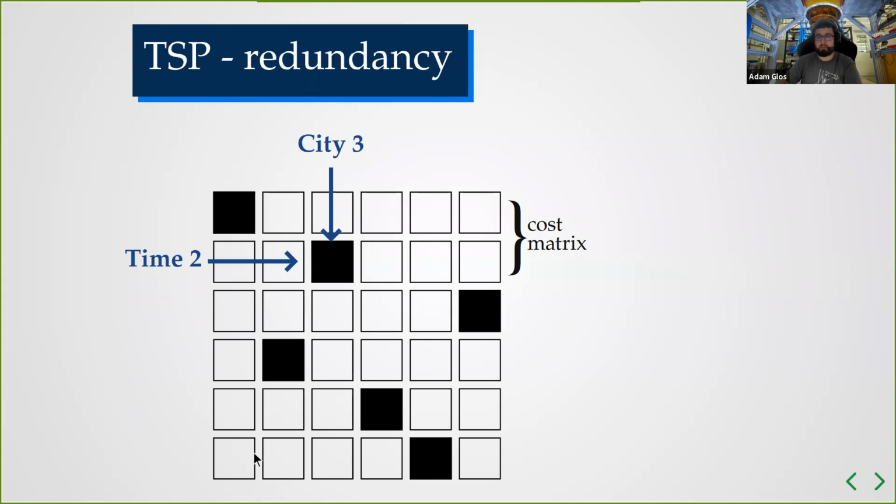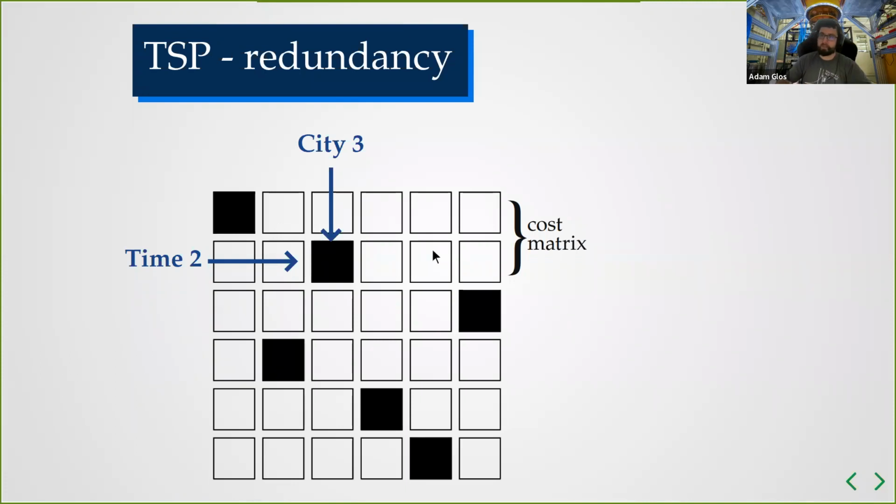1 bit equal to 1. But if you look at all possible combinations here, then you can see that between time 1 and time 2, we can have all possible combinations of moving from one city to another. For example, we can go from 1 to 2, 1 to 3, 1 to 4, etc., 2 to 1, 2 to 3, 2 to 4, etc. All possible combinations.